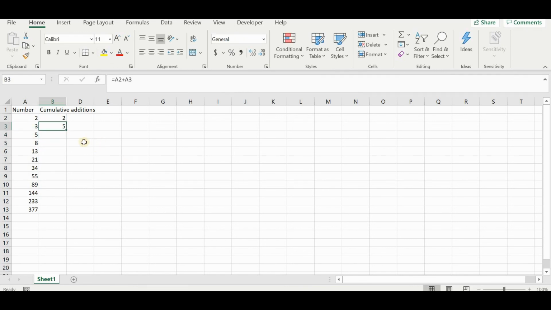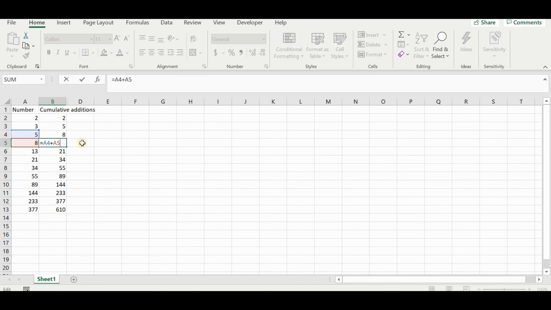All you have to do is come here and drag this down. Excel is very intelligent and it will understand that you are trying to fill the cells with a similar formula. Just drag it till here and see, Excel has automatically filled in this formula. Press F2 and you can see which cells are being added. This is one very simple thing.